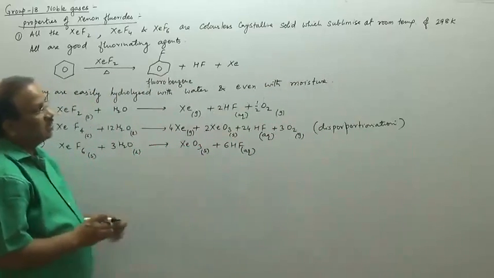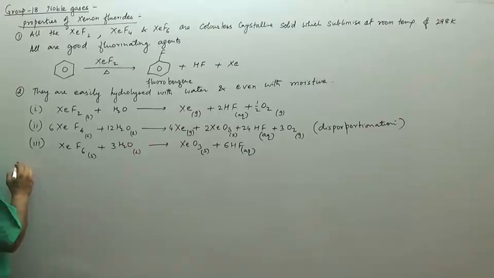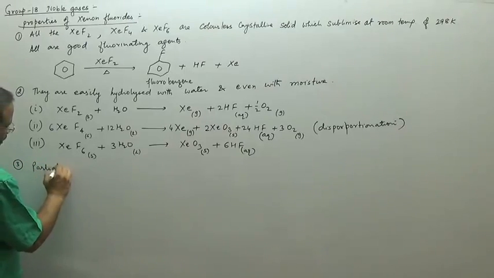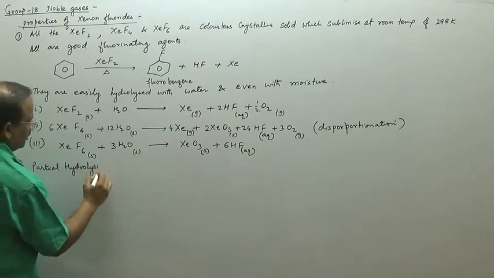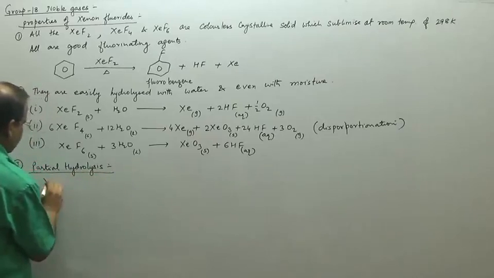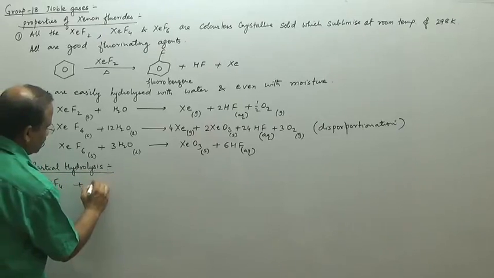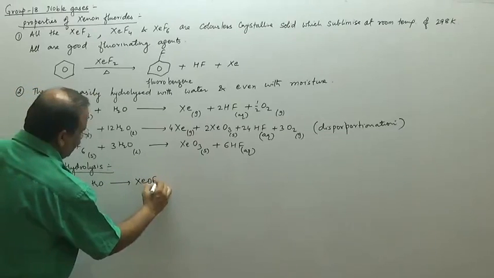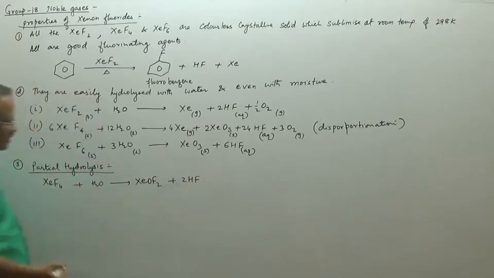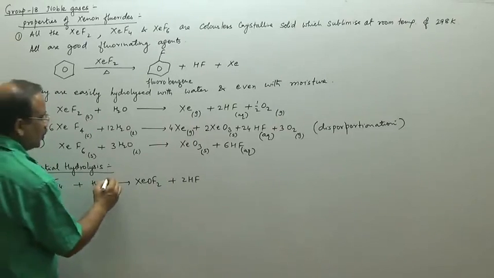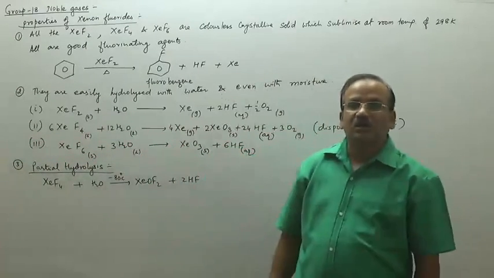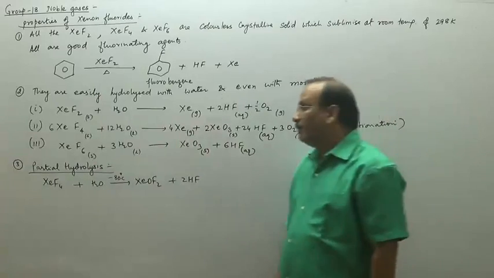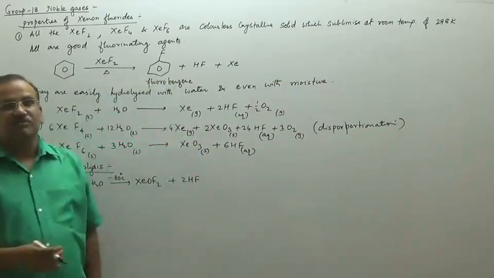So that is how we can write the hydrolysis. Now the third one is called the partial hydrolysis. When HCF4 is partially hydrolyzed, HCOF2 is formed, plus twice of HF will be formed in the reaction. But the partial hydrolysis of this is very difficult, it is carried out at minus 80 degrees centigrade. So the partial hydrolysis of HCF4 is carried out at minus 80 degrees centigrade, but the partial hydrolysis of HCF6